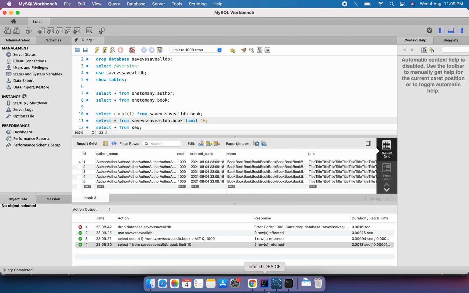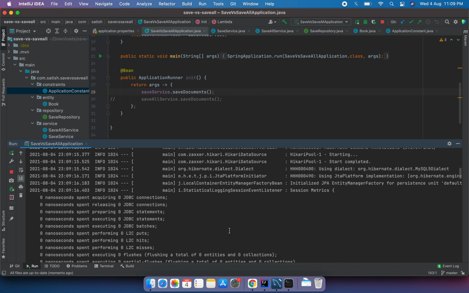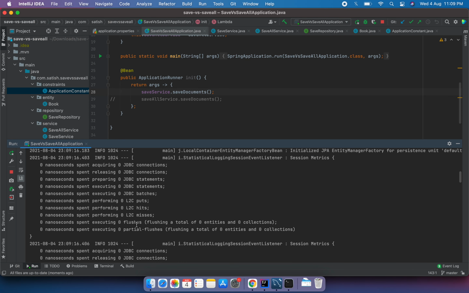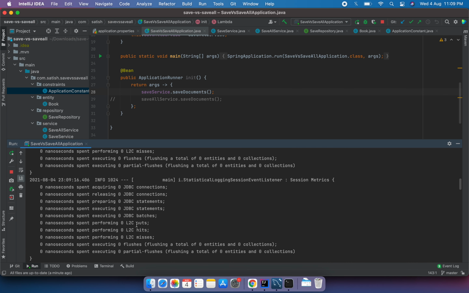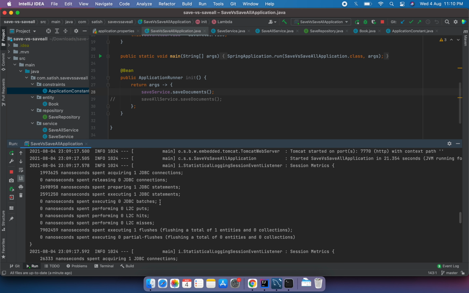So the important thing here is to look at the logs. Let's see from the top. So this is the application. These are not useful to us, like Hibernate is doing something which is not relevant to us as of now. After this, let's verify how many JDBC connections have been created in this scenario.